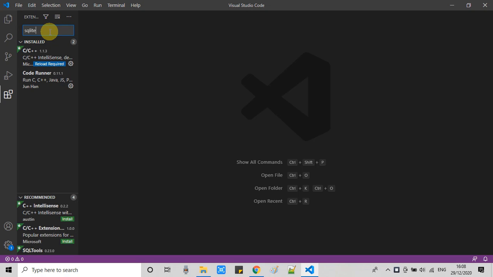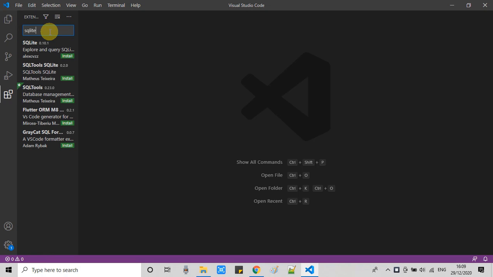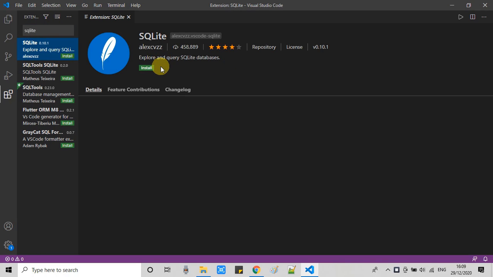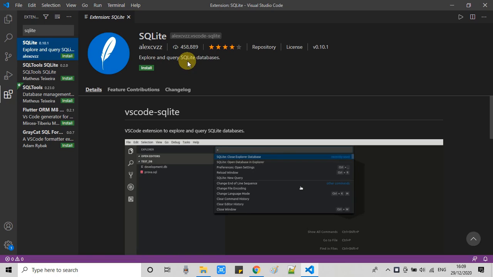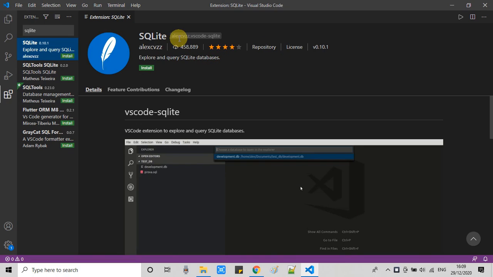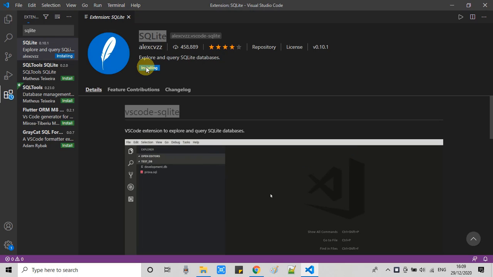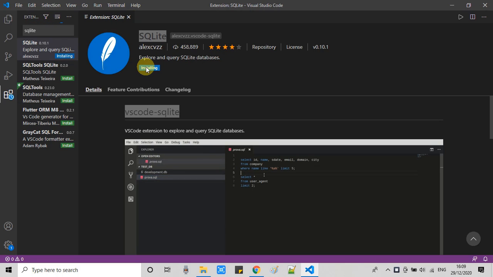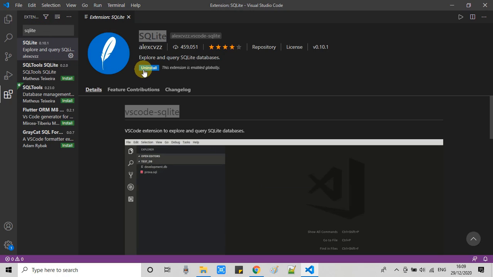Now we have to select the particular extension or plugin which is SQLite, and you can see all the details of this plugin on the right hand side, and there is a button for the installation, so you can just click on this install button, and this will take 10 to 15 seconds for the complete installation. I would suggest every time you install any plugin or extension, please restart Visual Studio Code and then come